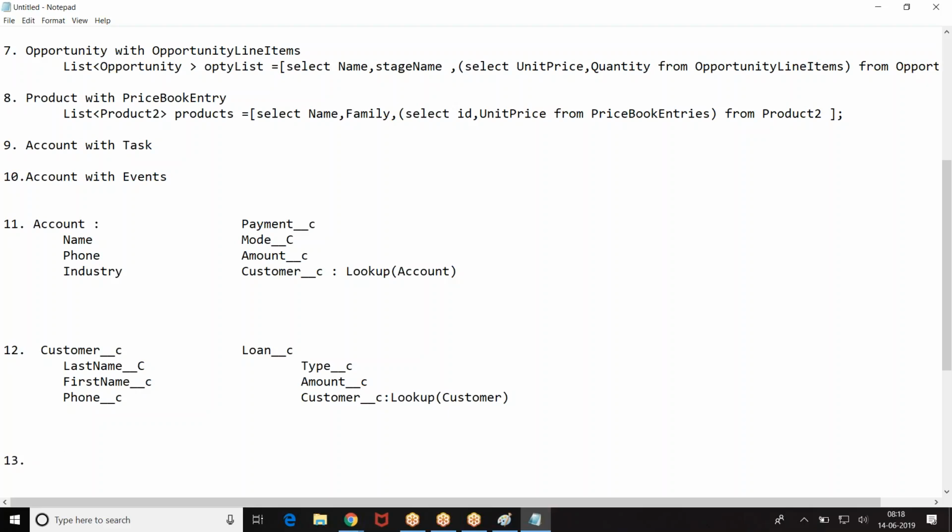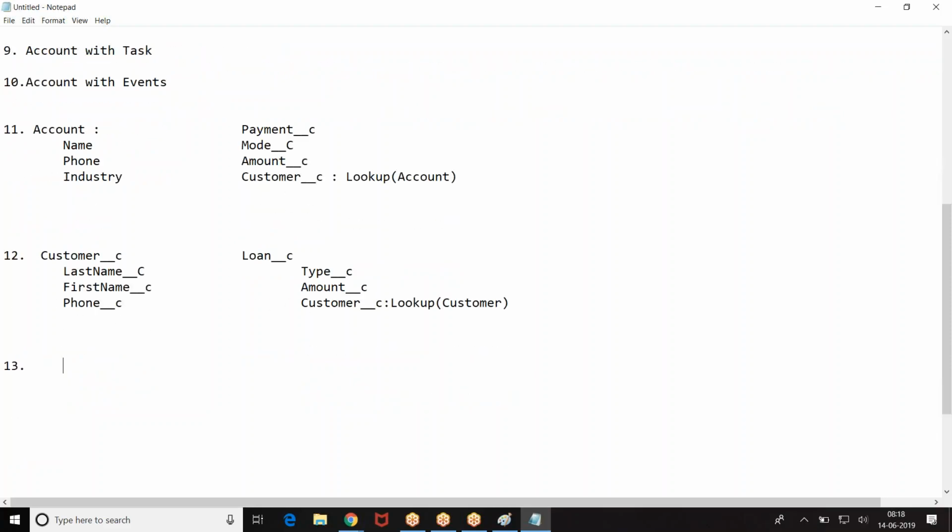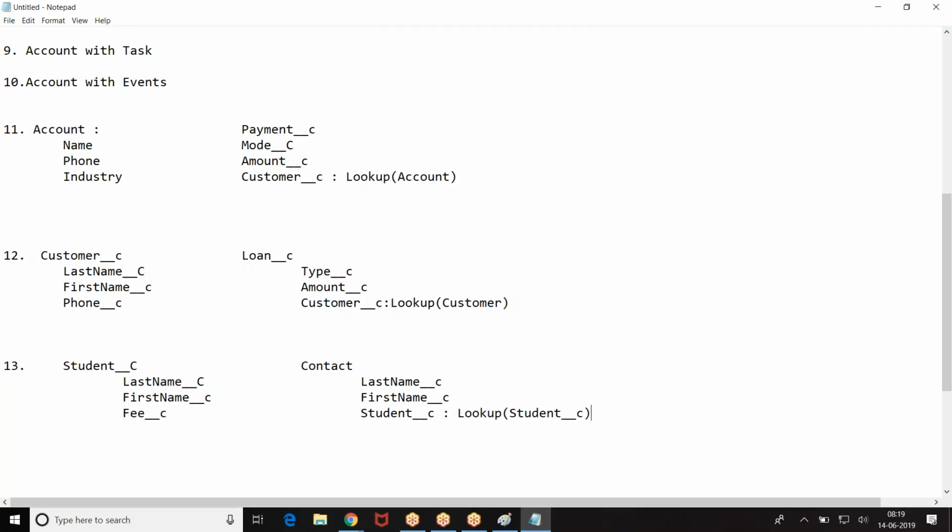Now, write a query to get this data. Now write these three queries.